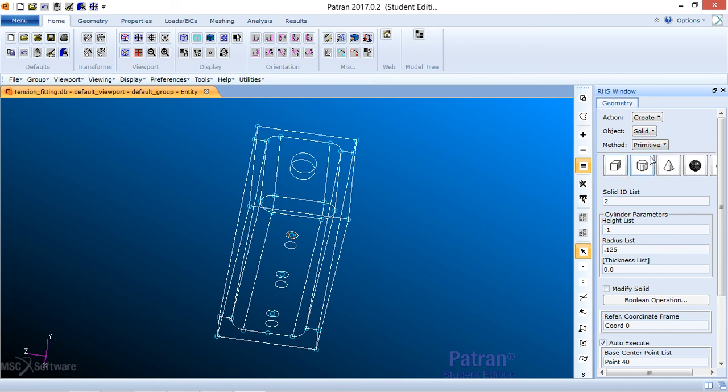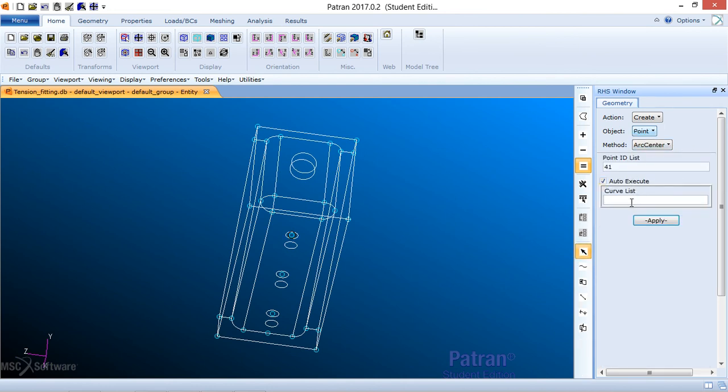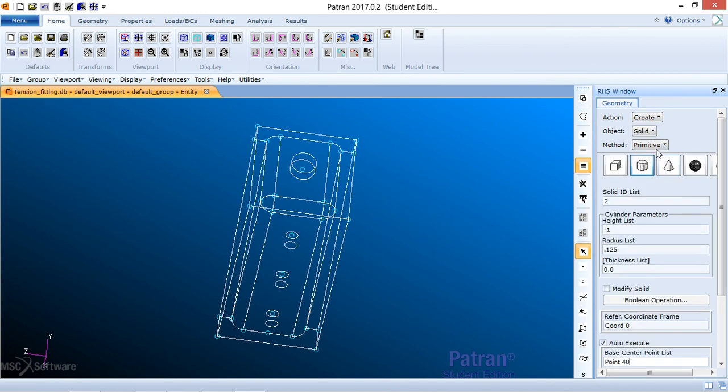We need to create a point first. Action create. Create a point. X, Y, Z arc center. Our curve list is going to be this one. So now we have a point there. Now we're going to create a new solid on the primitive. Add the cylinder option. Now our cylinder is going to have a height of 1 unit. Our radius list is going to be